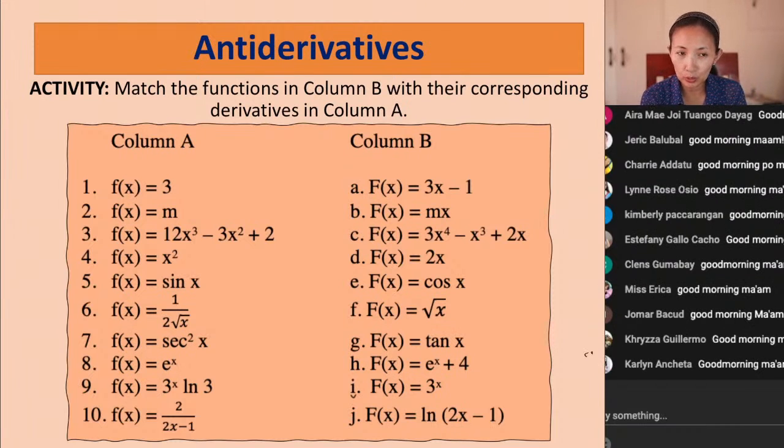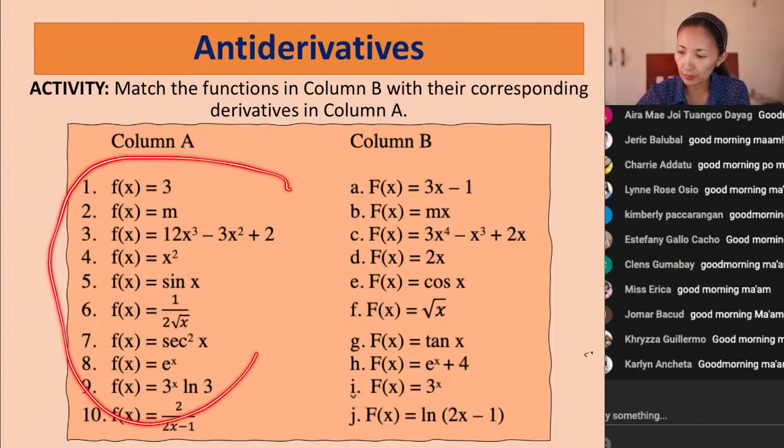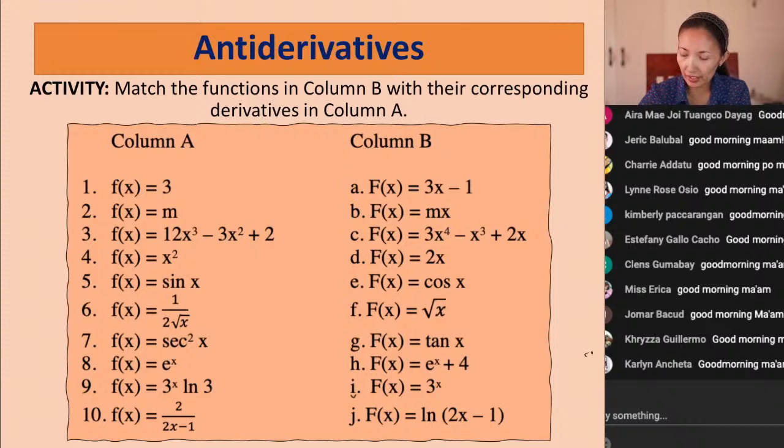But prior to discussing the different theorems on integration or antiderivative differentiation, I have prepared here an activity in which you will match two columns, column A with column B. Column A are the functions f of x equal to 3, f of x equal to m, 10 functions. And along column B, we have in capital F of x is 3x minus 1, F of x equal to mx, and then